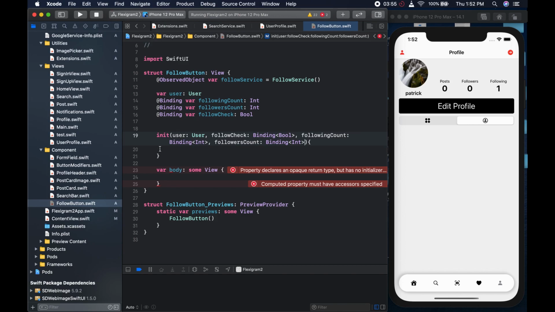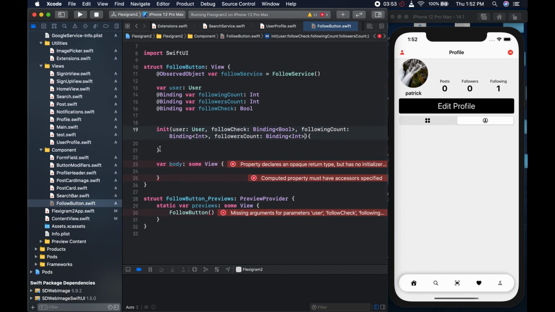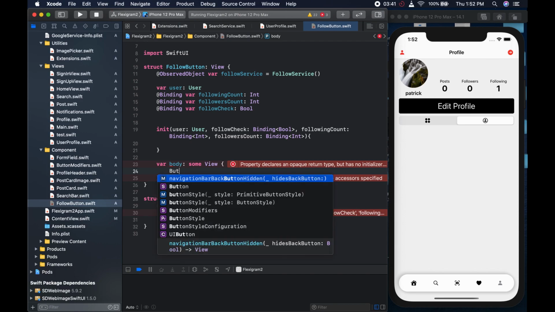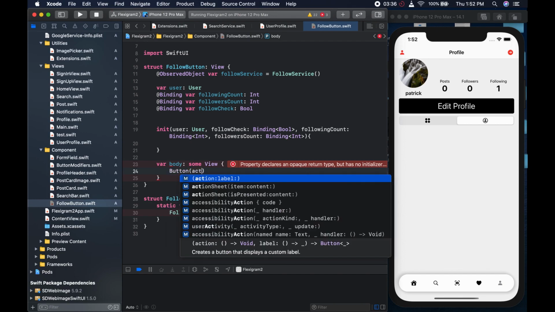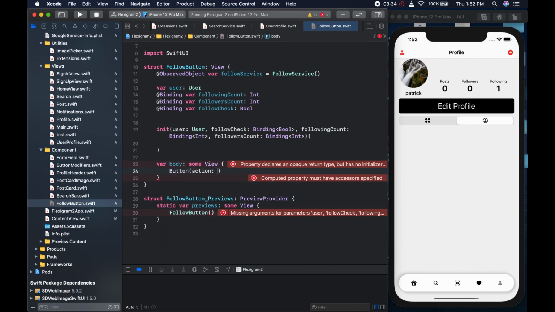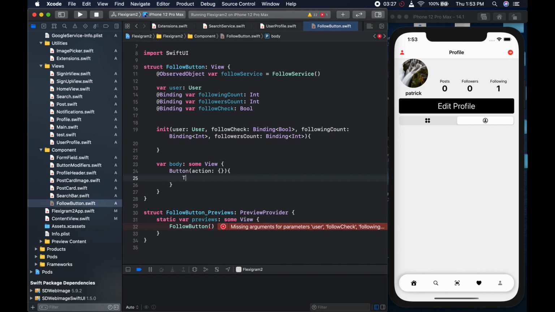So we have those, like so, and let's just put this code, the visual code, so that it stops complaining, right? And what we could do is we could have a button, like so, and in it we could say the action we want to perform is going to be, we could put it here, like so, and we could come here and we could have a text, and the text is going to